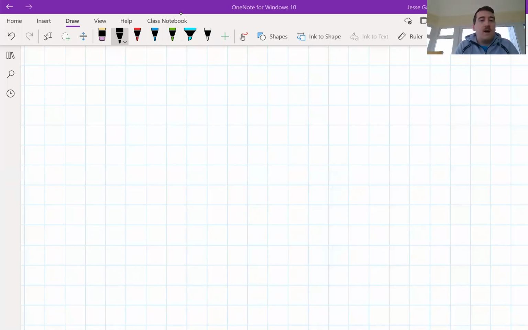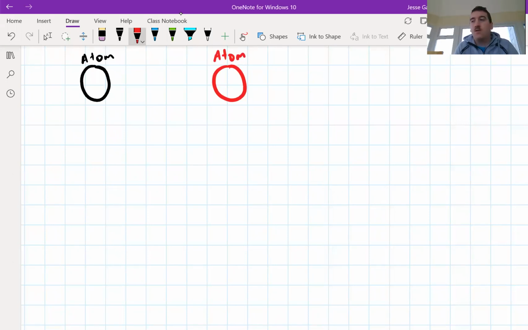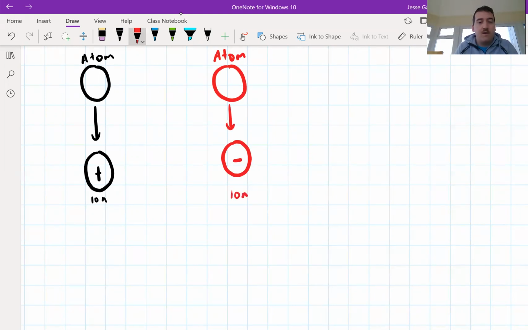We've previously seen how two atoms, so if this is atom 1 and this is atom 2, can be involved in an electron transfer, which causes them to turn into ions. So we'll say that this here turns into a positive ion, and this one here turns into a negative ion. Now, if you're not sure how that works, I suggest that you go back and watch the video on the